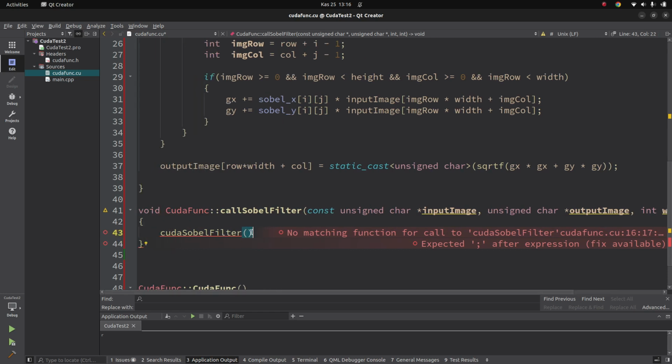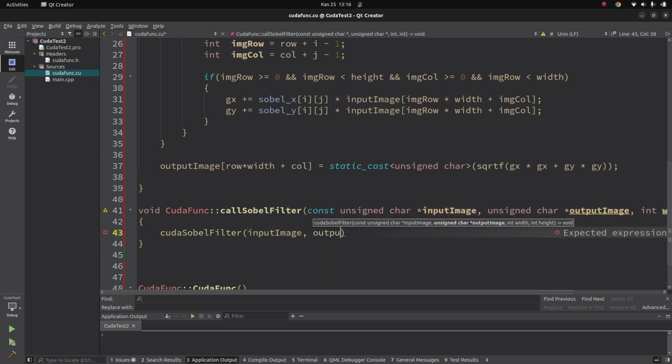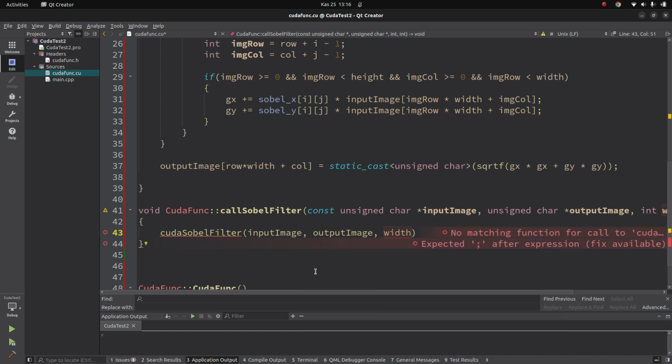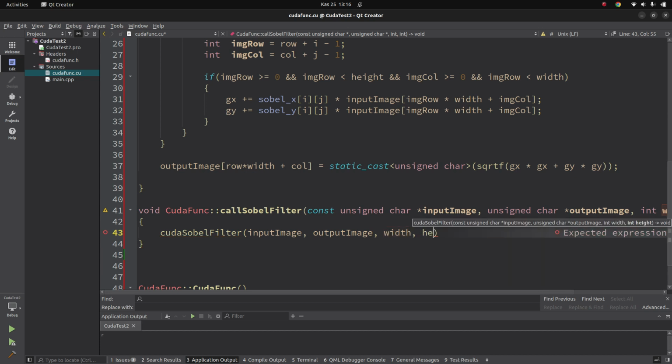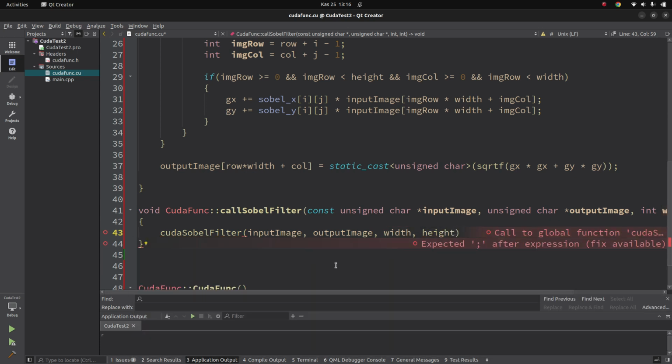You can give inside, let's say, input image, output image, width, and also the height we need to give, but I'm thinking about the other side. Anyway, let's see. Now we need to put this, but